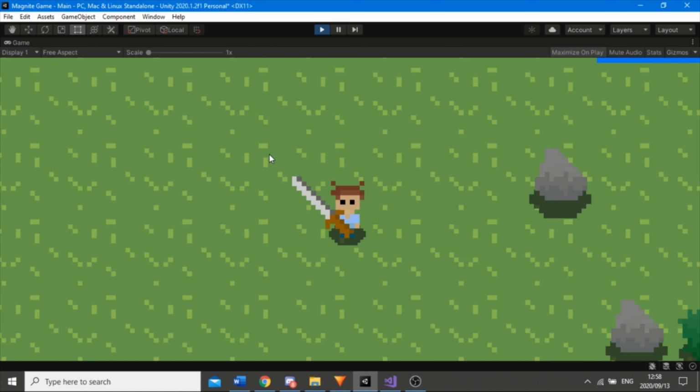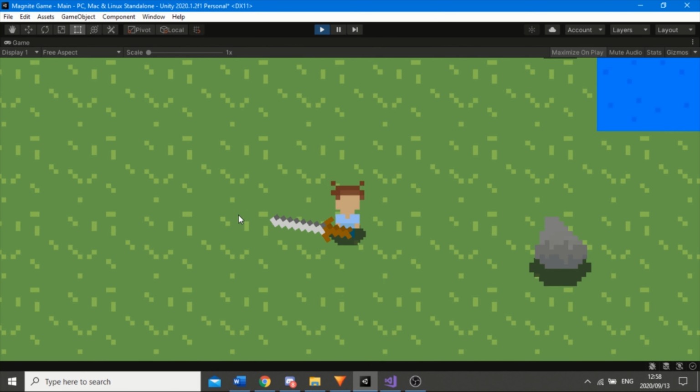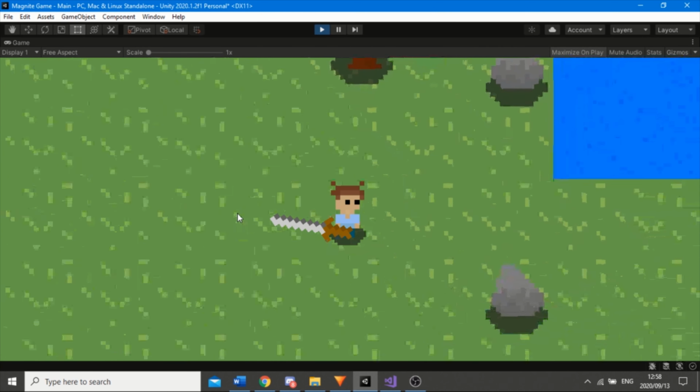Everyone, this is the second devlog for my indie survival game called Magnite. In this devlog, I'm going to be setting up a basic inventory system as well as a farming system. Before we do that though, I should probably show you some of the changes that I've been making since the